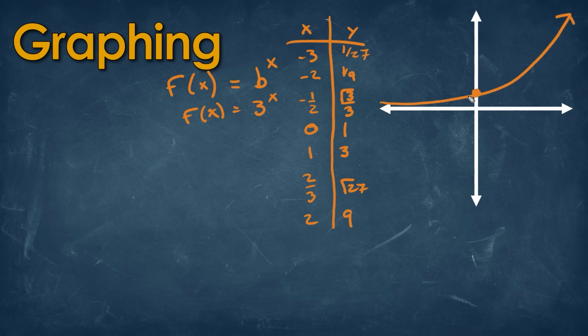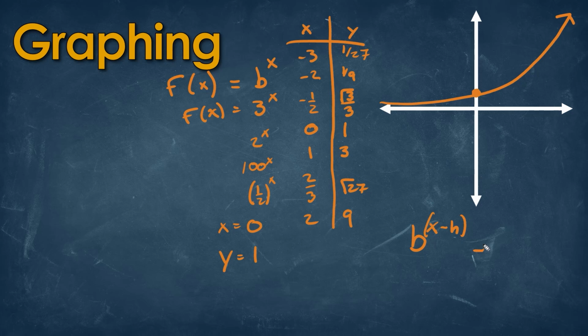as the parent function. And just to be clear, that will be for all parent functions, whether it's going to be 2 raised to the x, 100 raised to the x, or even a fraction of, say, 1/2 raised to the x. Anytime that x is equal to 0, your value for y or f of x will always equal 1. And this can help us understand the full standard equation where we would have b raised to the x minus